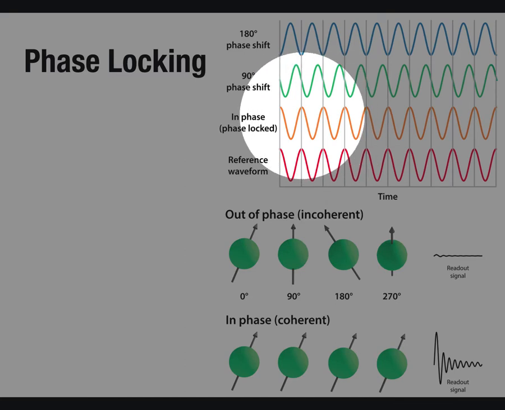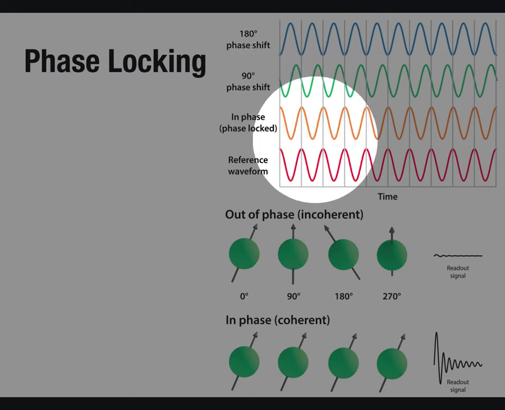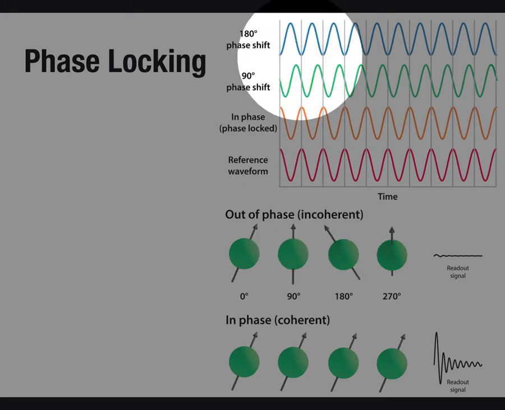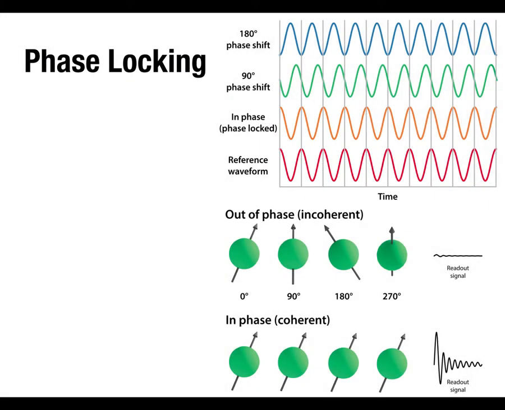And the green one is a 90-degree phase shift, so it's a quarter cycle off. And then the blue one is a 180-degree phase shift, meaning that when the red one is up, the blue one is down, basically. So phase locking basically means that the protons, if you think of the protons precessing,